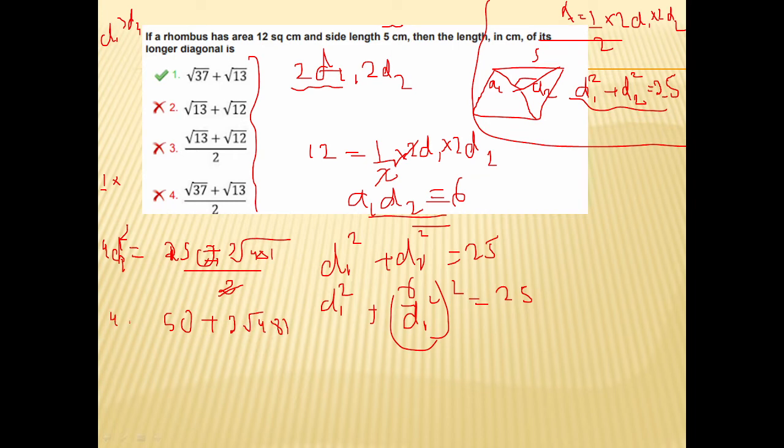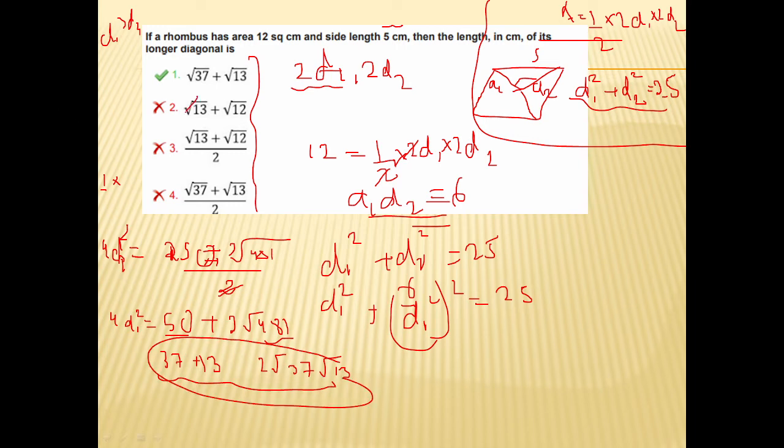This will be 4d1 square. Now immediately you need to spot that this 50 can be written as 3713 from the options. This part was the trick here, to spot this from the options. 3713, which ultimately means that this is a perfect square. So these two cases are discarded because we got 3713, and this won't be there because this is the length of the diagonal. No by 2 is here, so this won't be there. So ultimately 1 is the answer without completely solving this.